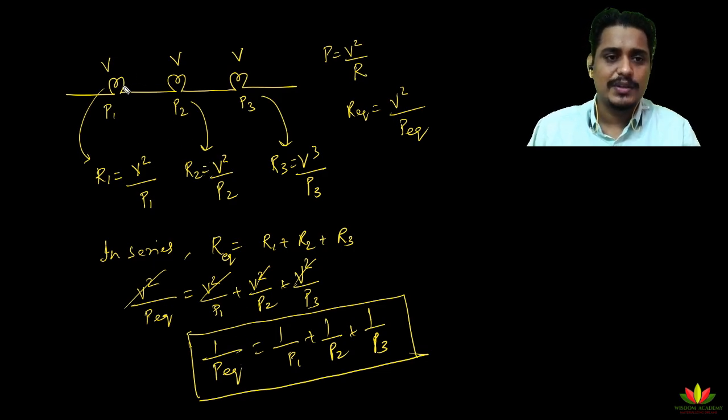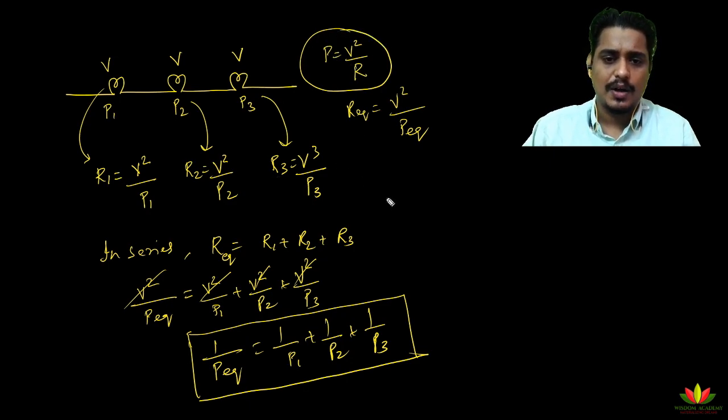So when the 3 appliances are in series, their resistances are added as R1 plus R2 plus R3, but their powers are added as 1 by P equivalent is equal to 1 by P1 plus 1 by P2 plus 1 by P3. Also, if you see this equation, you will come to know that